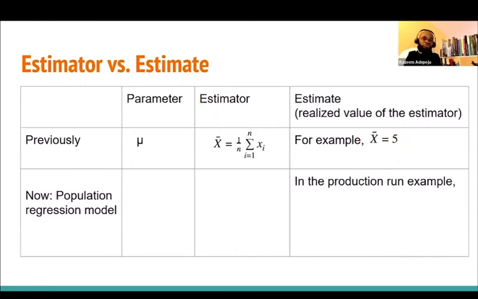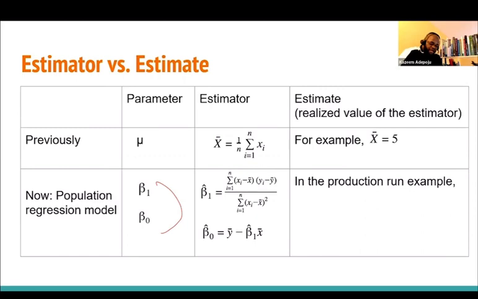Now, if I want to extend this to linear regression, what are the parameters in linear regression? The parameters in linear regression are beta naught and beta 1. Look at them, those are parameters. Now, what are the estimators? Look at the estimators, these are estimators right here. I want you to see the difference between estimators and parameters. The parameters will not have a cap on them. Can you see? Beta 1, beta naught, no cap on them. But look at the estimators, that has a cap. Okay, but you know what?